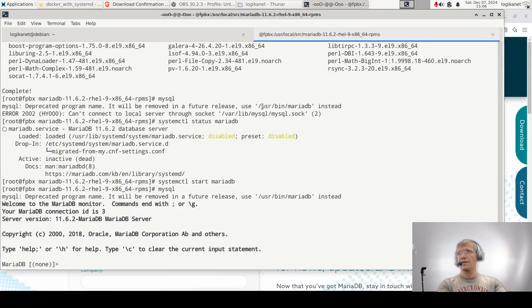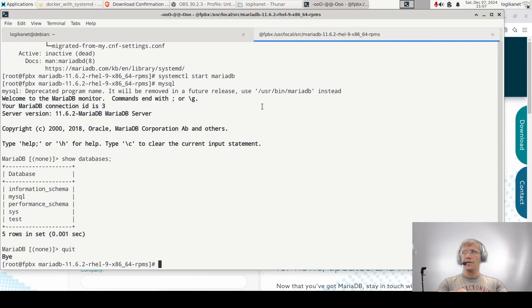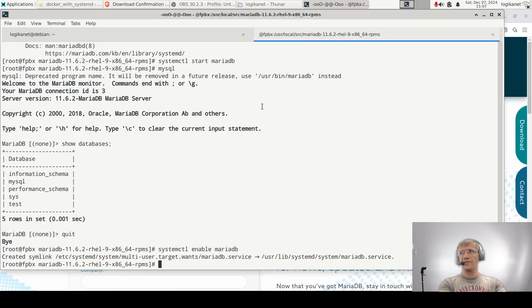Okay. All right, so yeah, show databases. All right, I'm going to quit, and we're going to do systemctl enable, so it starts up automatically. All right, so now that we have our MySQL installed,